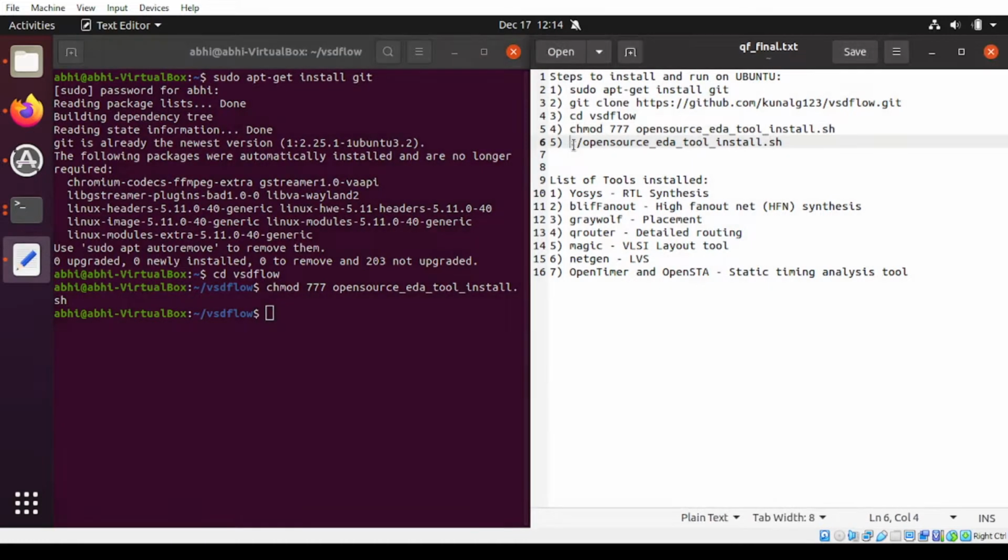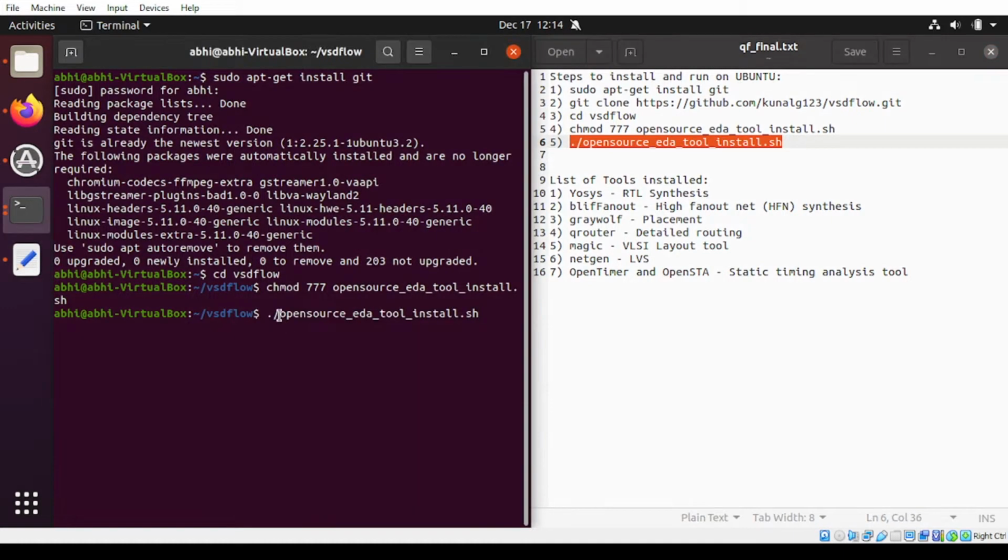And the last thing is this. So this is the install file. Permissions are given. If you press enter, this command will execute whatever installation process is required for all the tools, starting from basic tool uses to the end tool, basically QFlow. So basically everything it will install. I am not pressing enter here because it will once again install; my process has been installed prior. So this is the last command you have to write. Basically, with only 5 commands you will be able to have an entire system ready.